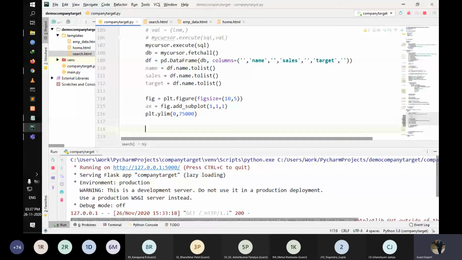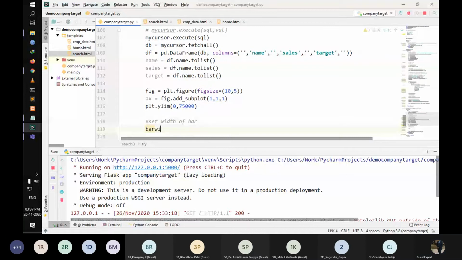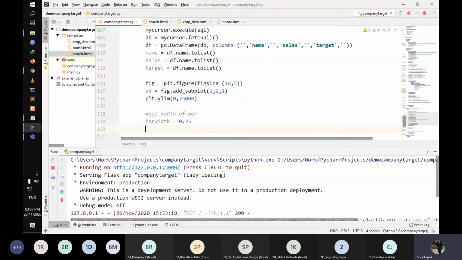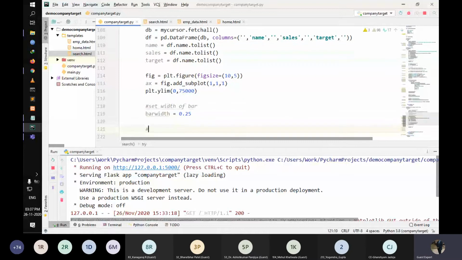Let's set width, width equal to 0.25. We're taking the similar width that we took before. You can change the width size, whatever you want. It's changeable. There's no issue in that.